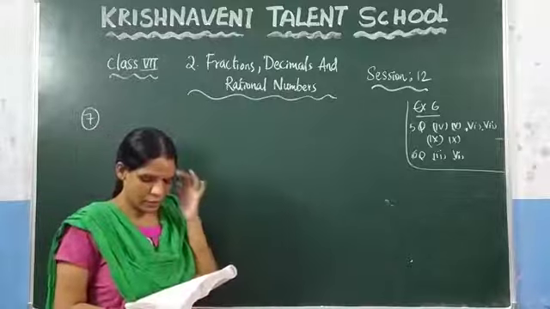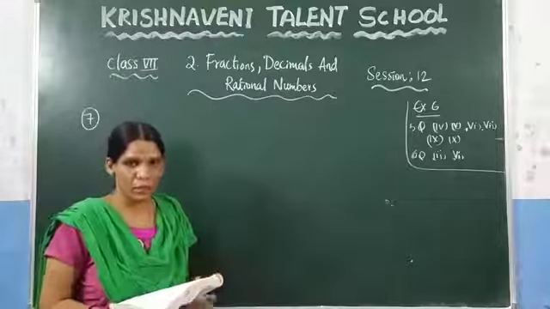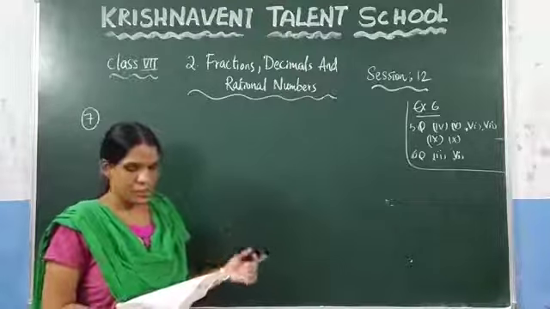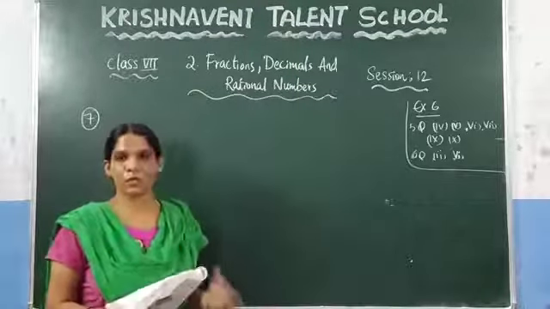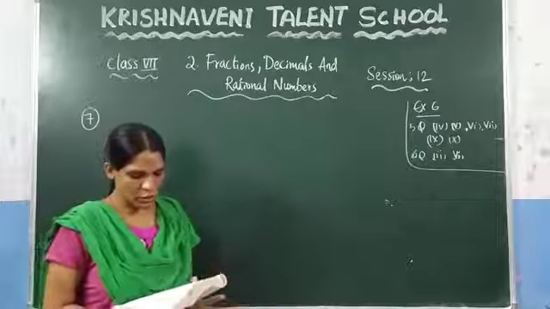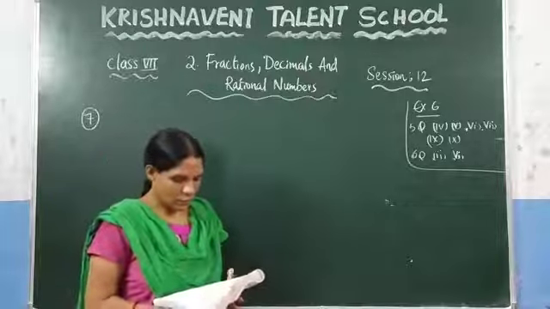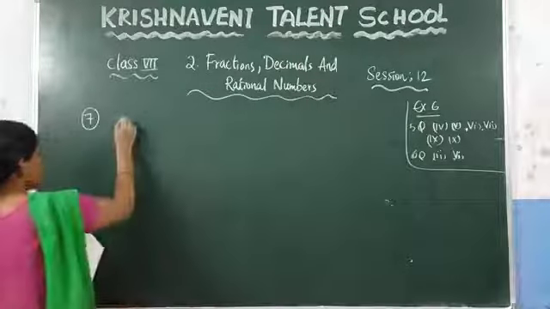And after that here, the perimeter of the polygon is given. That means the sum of the sides of the polygon is given, and one side length is given. You need to calculate the total number of sides. If you want to calculate the total number of sides, you just need to divide these two values so that you will get the number of sides the polygon has. Now write it here. What is given here?